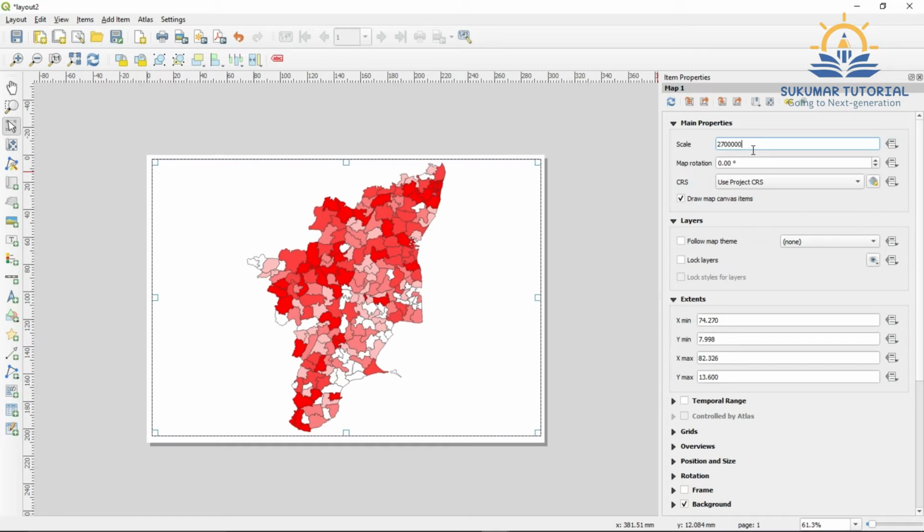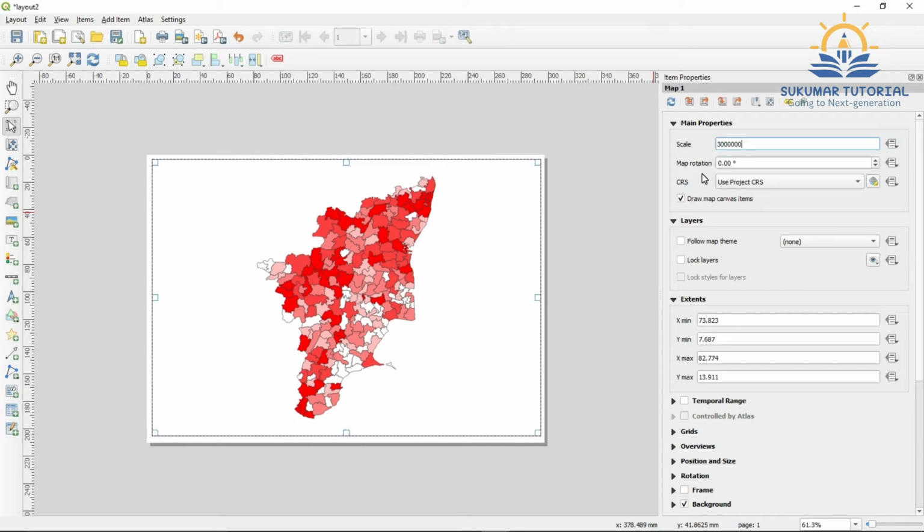See, when I make 5 zeros, there is a slight expansion, it covers the entire area. Suppose you want to make it smaller, just bring it to 30, that is a 3 million size. We click it, so it has become small. This way you can make it smaller and bigger. It has become a round scale, that is a 3 million scale.